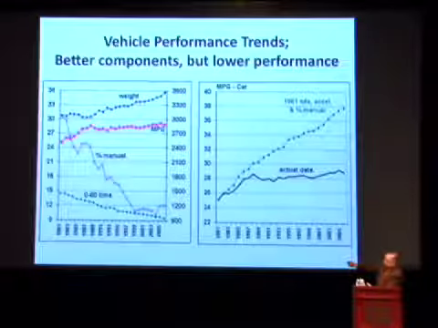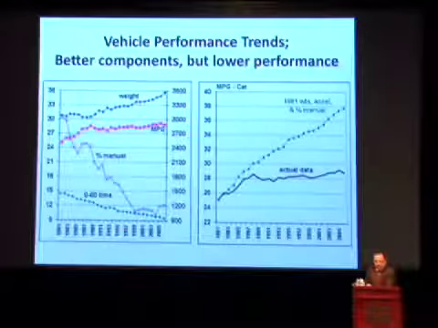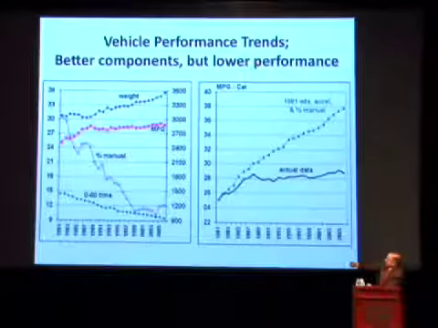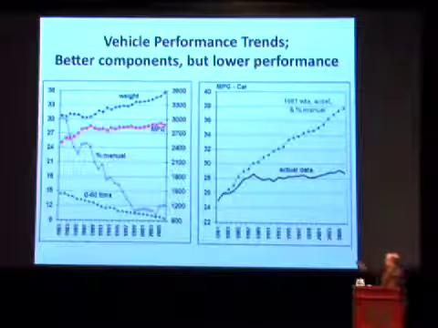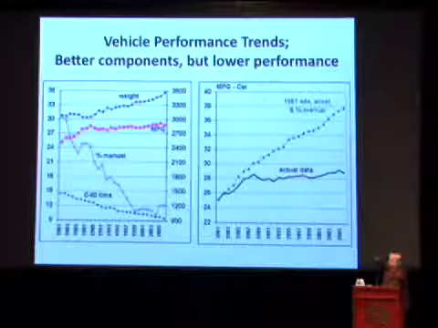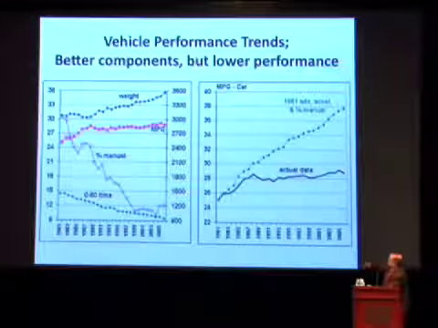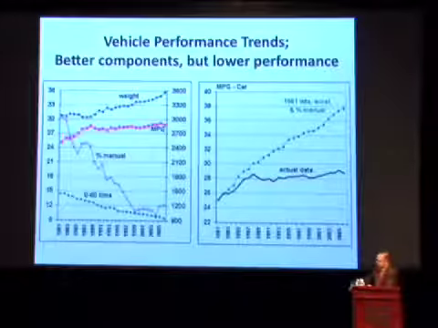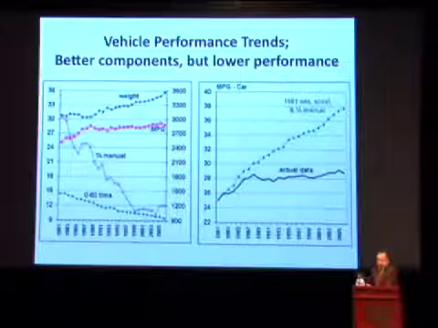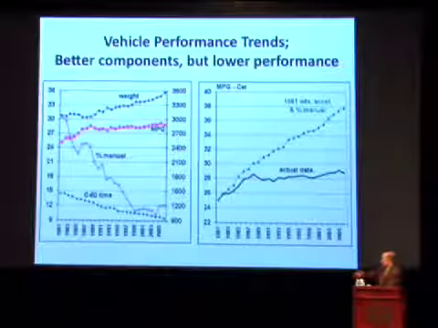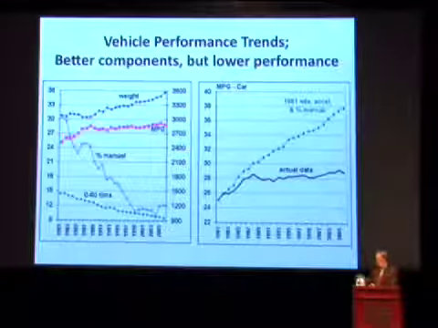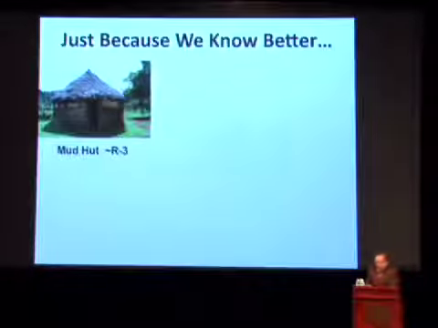And the weight of the cars, of course, no surprise, has gone up pretty substantially as well. So even during all these big performance changes, the miles per gallon stayed relatively constant. If you look at this side, here's that same purple data line here, relatively constant miles per gallon. And here's what would have happened to fuel efficiency if the characteristics of weight, power, and percent manual transmission had remained constant. So it's not that we haven't learned how to make our cars more efficient, it's that we've chosen not to. And the same is true in buildings.